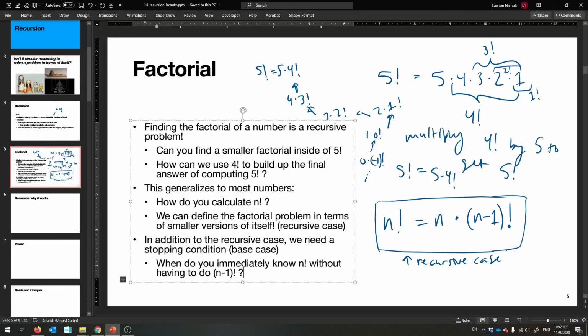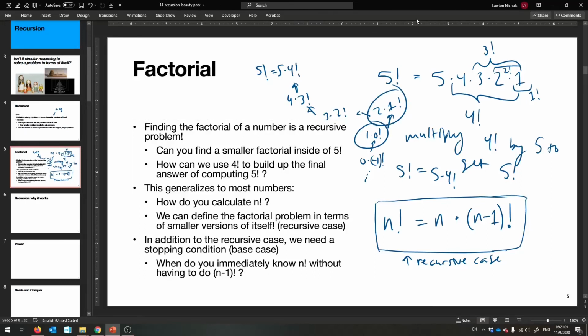And the answer is, once you get down to either 0 or 1, pick which one, but let's just pretend that, okay, yeah, 1 factorial, that's just defined to be 1. We don't have to do any more factorials after that. It's just 1. And that'll stop it, because then right here it's like, oh yeah, that's 1, and I can build up the answer by multiplying. I hope that makes sense. So I'm going to give a lot of examples, don't worry. So this one's called the base case. Okay, this is the stopping condition